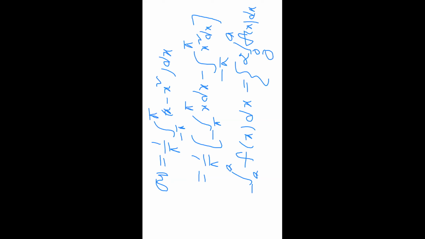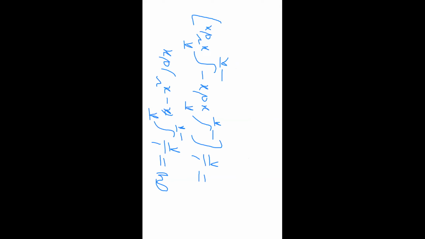When the integration limits are negative to positive, we have to check whether the function is even or odd. Clearly x power 1, 1 is an odd number, so it is an odd function, so the integral is 0. X square, the power is 2, 2 is even, so clearly it is an even function. Now we write the even function from the definition, 0 to pi. So 2 into integral 0 to pi x square dx.